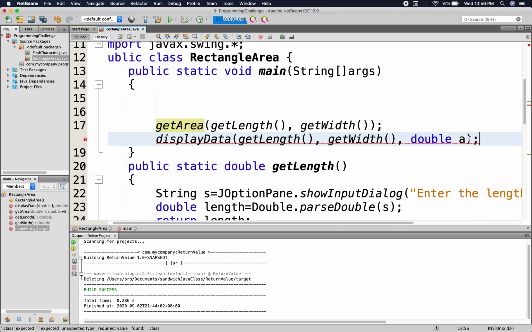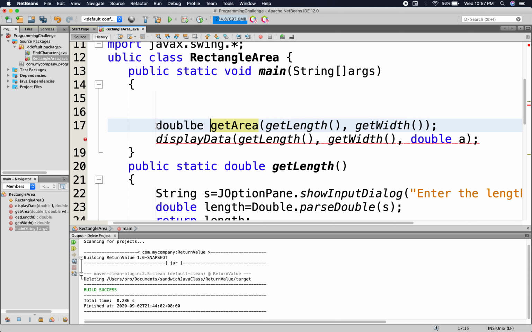Oops, but what is the area? Right? We will get the area if we copy this method call and then drop it all here. However, let's keep our code much simpler and more readable. So what we're going to do is create a variable, double, and call that, let's say, rect_area for the area of the rectangle, and then we will say that when this method is called,